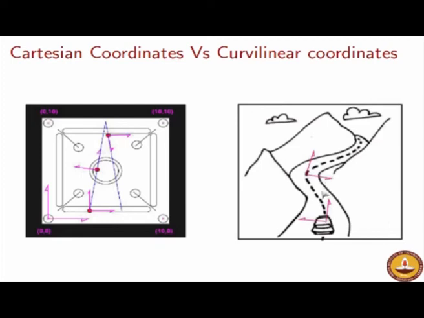But anyway, at this point I do not wish to get into much rigorous detail of this problem, but all that I wish to emphasize is that even in a planar problem, as in the case of the carom board problem, it was quite obvious that you need a coordinate system which has x and y, because finally the carom board moves like this. We said that the orientation of this coordinate system is left free for the choice of the analyst. Similarly, the origin of the coordinate system is left free for the analyst, but that is not the only choice. That is the point that I wish to drive home.